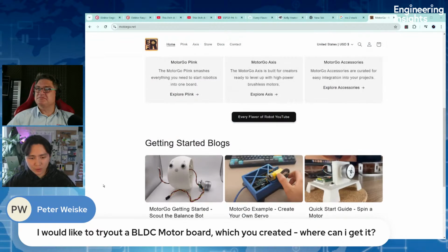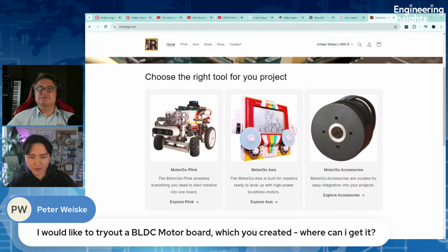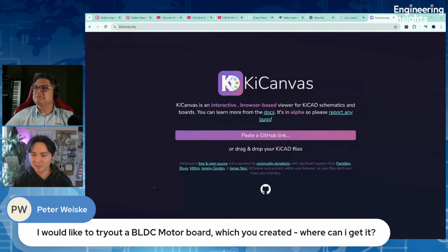Speaking of that, have you ever heard of the KiCanvas PCB viewer? No, I don't think I have. Because I've seen a couple of KiCad videos on your channel before, or the webinars. Recently, you should Google KiCanvas. Okay, let me do that right now. KiCanvas. This is a really cool software tool that people should know about, I think. Wow. Paste a GitHub link. That easy, huh? Yeah, so you should paste